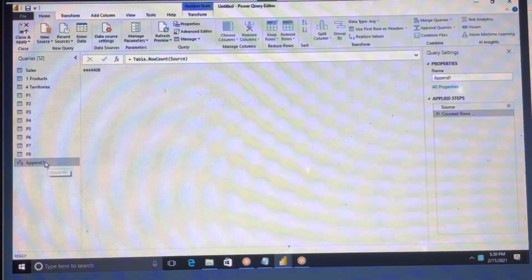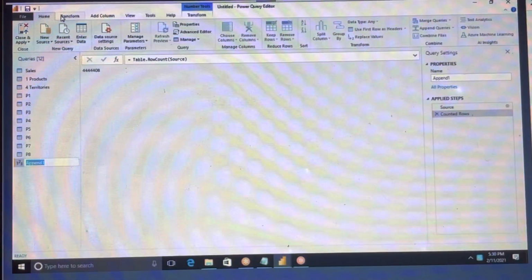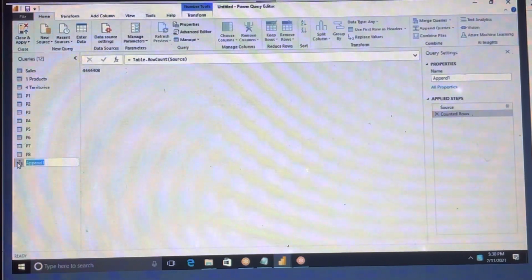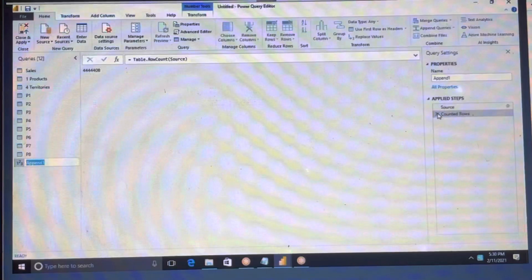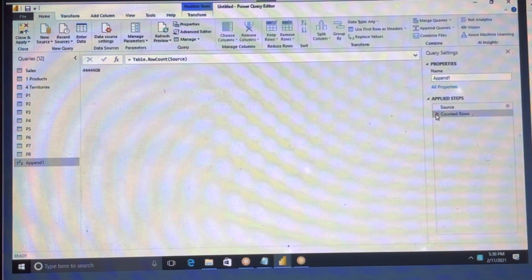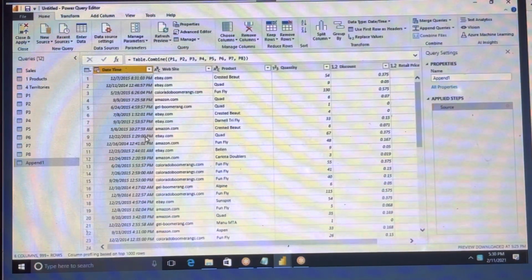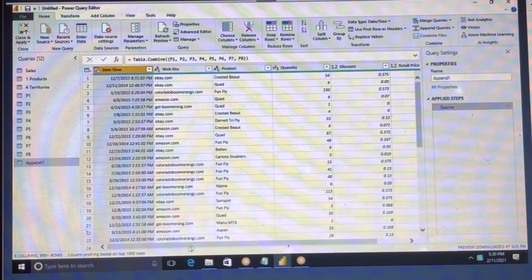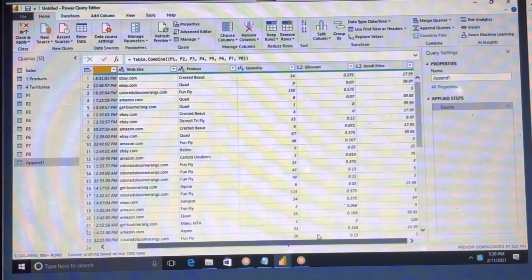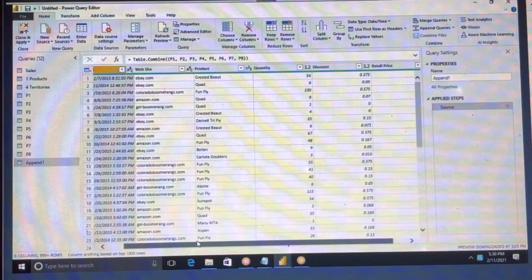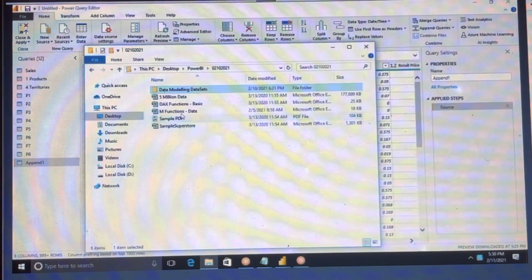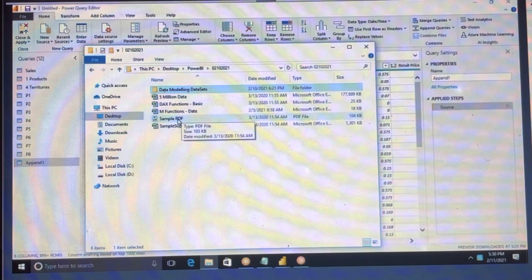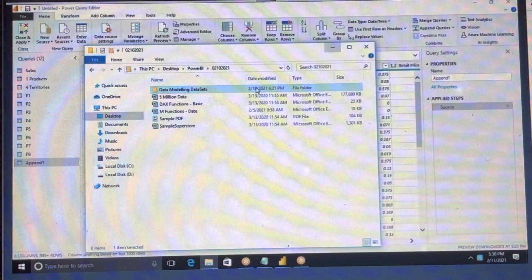Let me see this data. So I have a PDF file. How will we get the data from the PDF?